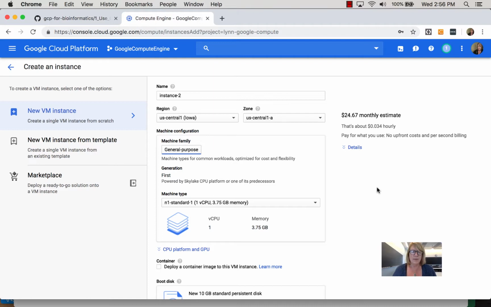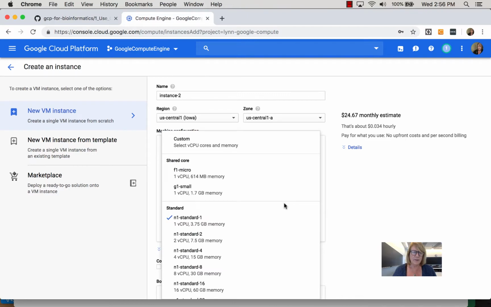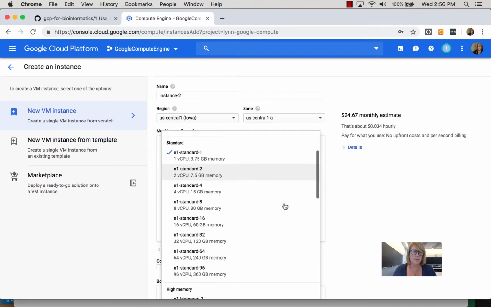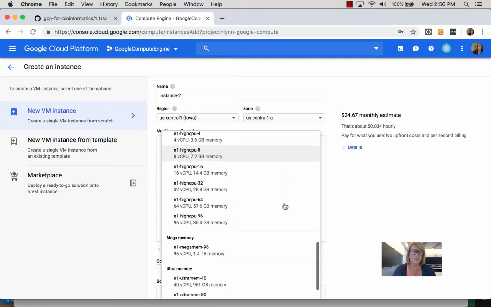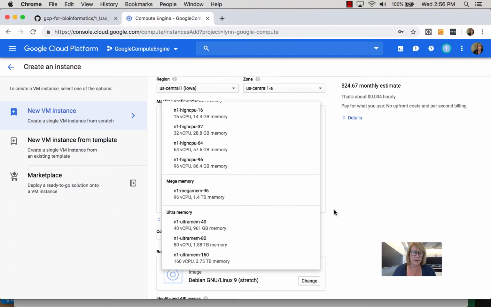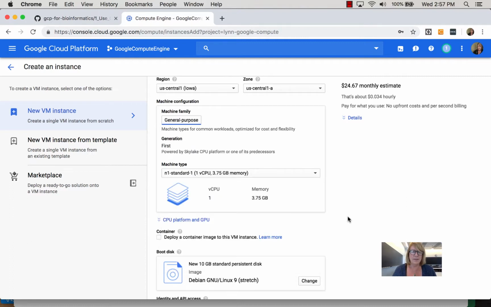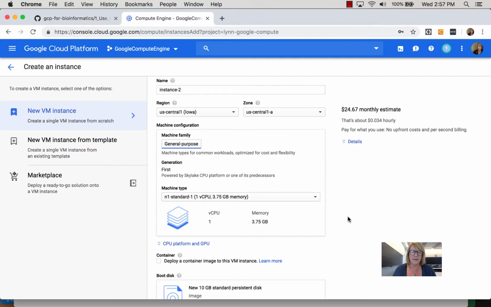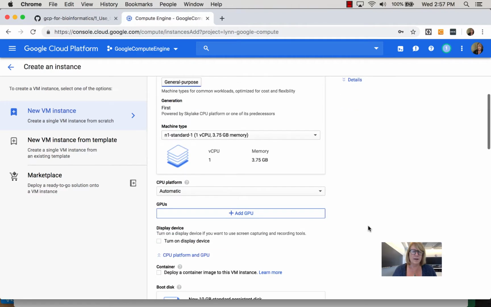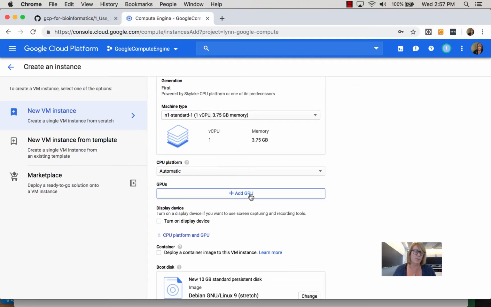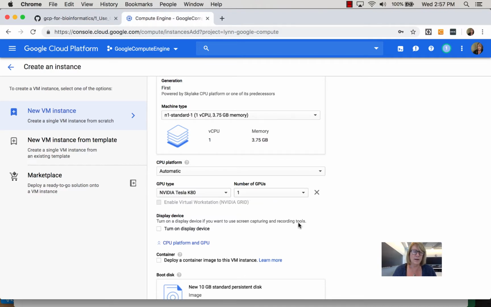So when you're setting this up, after you look at the region and zone, then you want to look at the machine family, and you can look at the machine types here. And you can see that there are different types for different workloads. Pre-configured standard, high memory, again, really common in genomics where you have maybe Spark or some sort of memory-intensive library. High CPU, mega memory, ultra memory, and this is constantly being upgraded. In addition to this, you can then add hardware for certain types of libraries. GPUs are common, so GPUs will work with some of the machine learning libraries like TensorFlow and really speed up